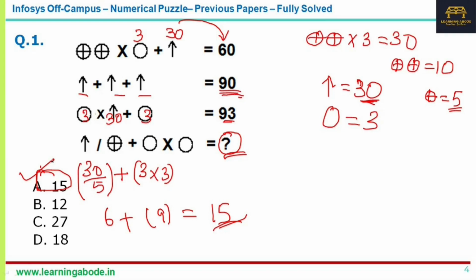But as far as this numerical puzzle is concerned, they just keep twisting it. Sometimes what comes in one particular season, there is one particular hiring. So what happens in May, you may not expect the same in September and so on. That is something I want to say here.